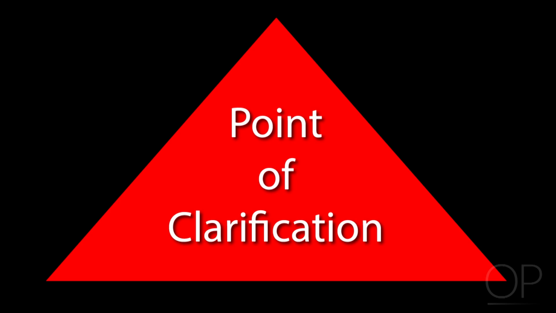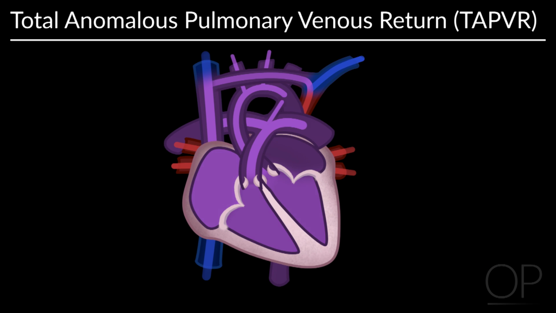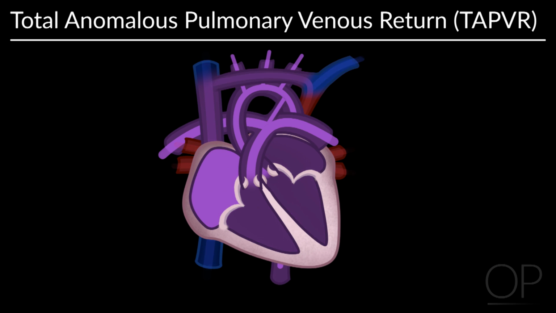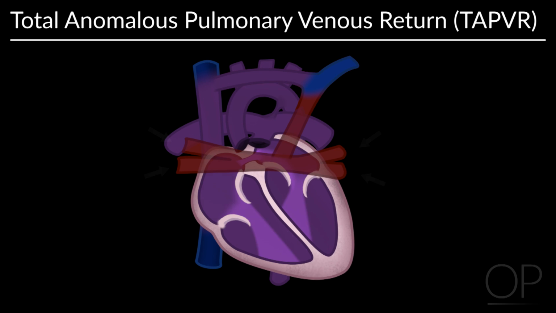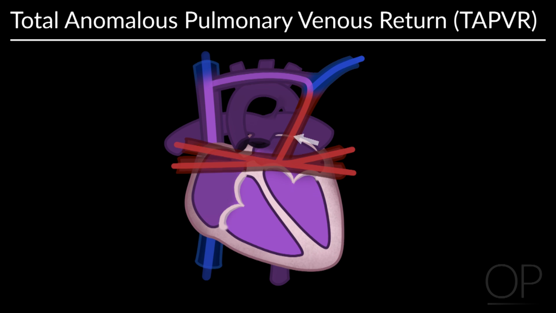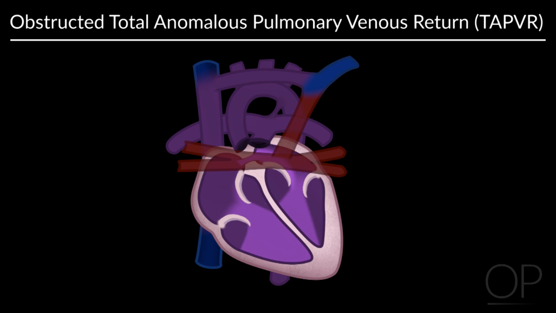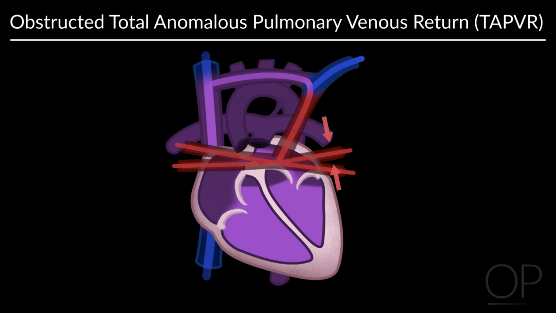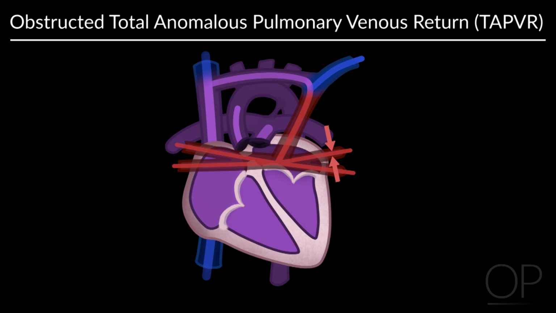A condition that should always be excluded in a baby with PPHN is an obstructed total anomalous pulmonary venous return. Point of clarification. Total anomalous pulmonary venous return, TAPVR, refers to heart defects in which none of the pulmonary veins are connected to the left atrium, instead connecting to other systemic veins or chambers of the heart. In obstructive TAPVR, pulmonary venous drainage is also obstructed, or narrowed, making it difficult for blood to return from the